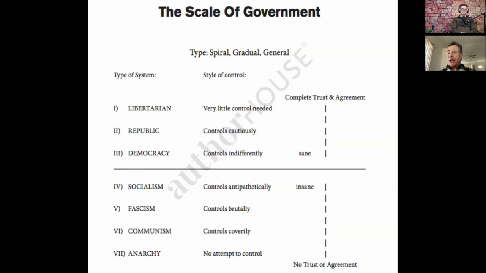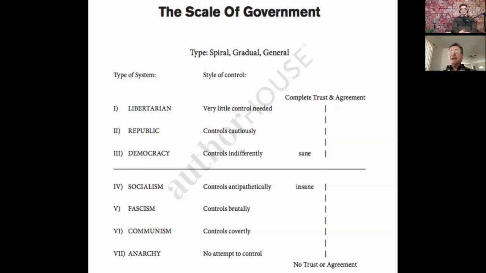So, as I point out, there is no major government on earth, if any, that is above level 4. So levels 1, 2, or 3 do not exist on earth. Now, there may be some little government that I don't know anything about. Some like Belize. I don't know anything about Belize. But we're talking about any of the big countries. None of them are above level 4. None of them. Now, at level 5, there's no government.